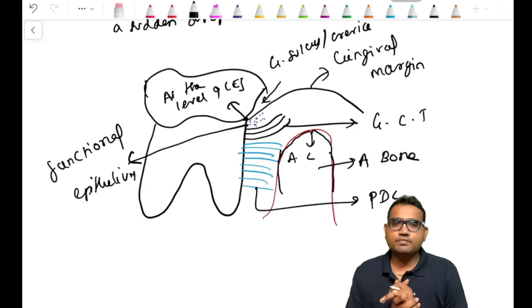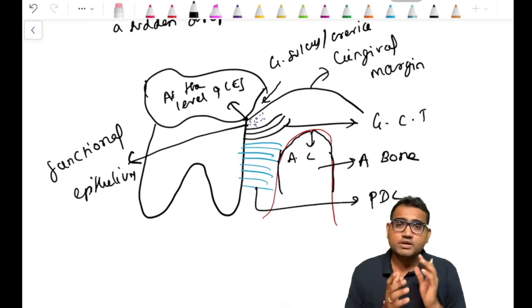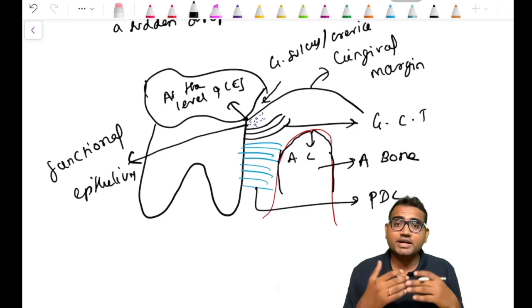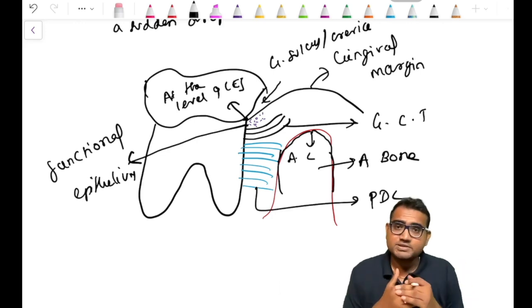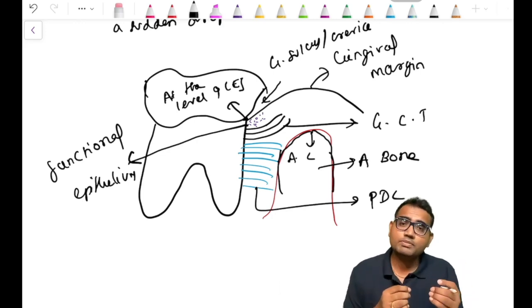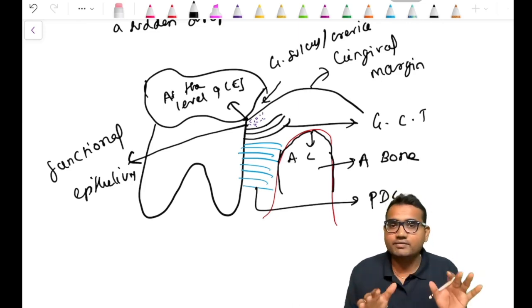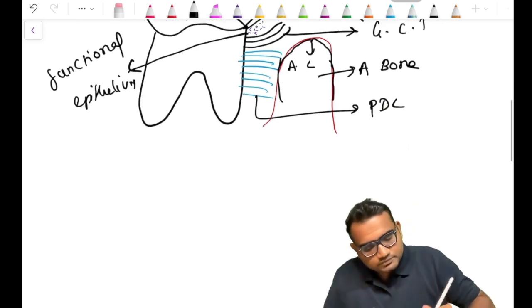When I say I probe the tooth and it is at the level of CEJ, or when I probe it and it is below the level of CEJ, you should understand that the attachment, which is usually present at the level of CEJ or 1 to 2 mm coronal to CEJ, has gone down, or has gone up, or is at the level. Okay, so